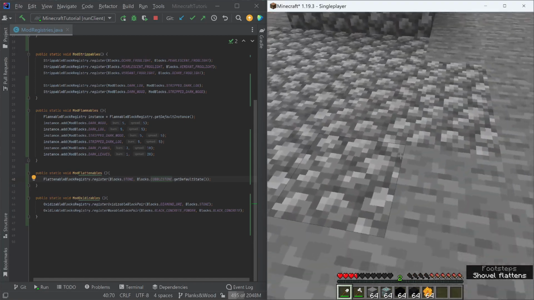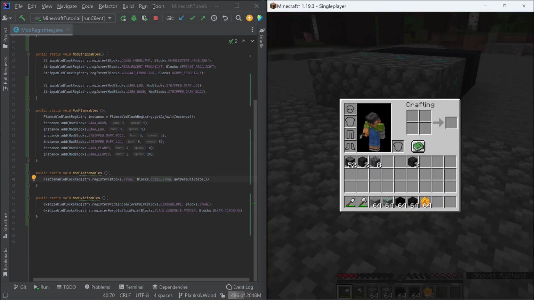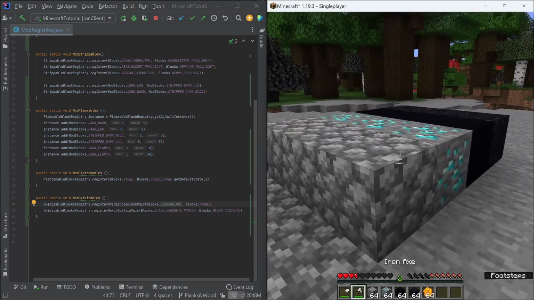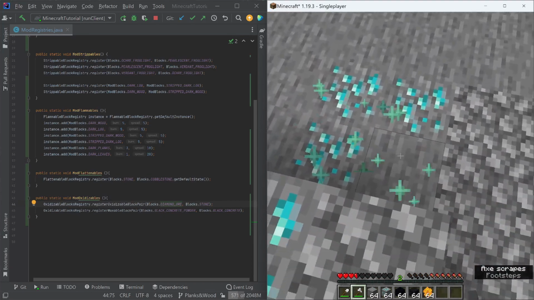I would probably rather use the axe to do this, but that is what that one does. I actually have this one backwards, because remember how I realized that this was backwards? So this basically takes stone and turns it into diamond ore. If I take an axe, yeah, axe doesn't work on here, but if I take an axe to stone,